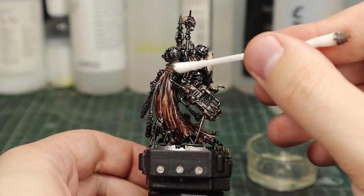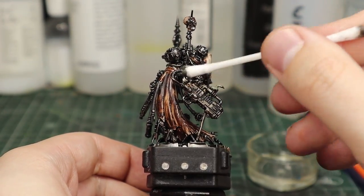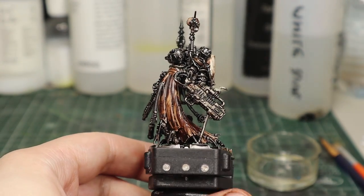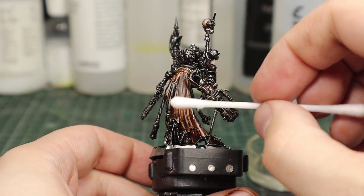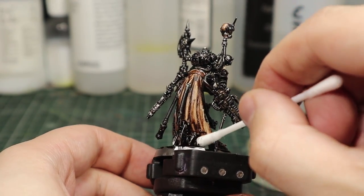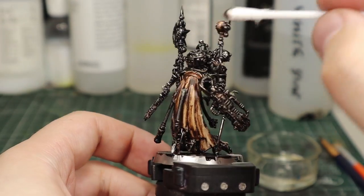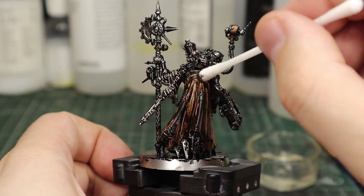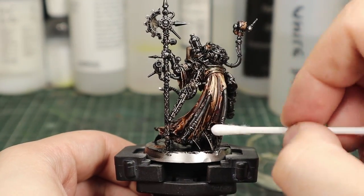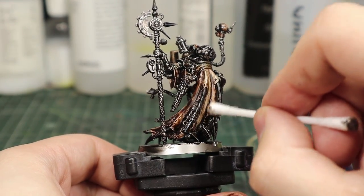This is a bit more than a simple oil wash, because I don't use it only for definition, but also to stain the surface, giving extra tones and creating interesting movement, and also details on the surface at the same time. To perfectly catch all the details, try to keep the Q-tips perpendicular to the surface, and to create